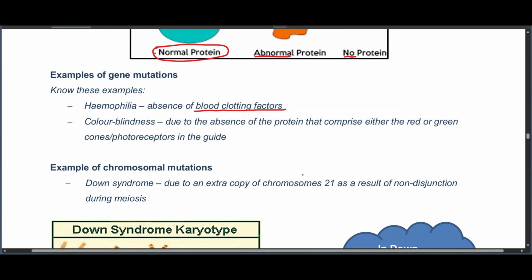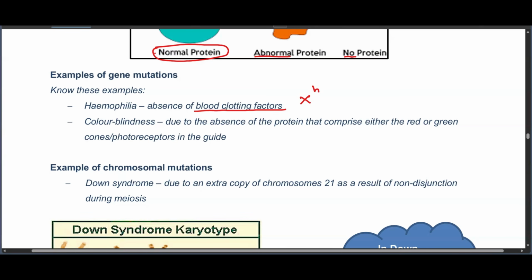All right. So that blood clotting factor is essential for us to reduce the amount of bleeding whenever you encounter an injury or anything that will cause blood to flow out of you. Okay, so when you have hemophilia, remember, it is found on the X chromosome. It's a sex-linked condition. The allele that causes hemophilia is found on the X chromosome.